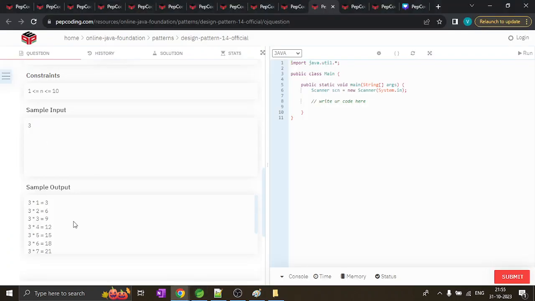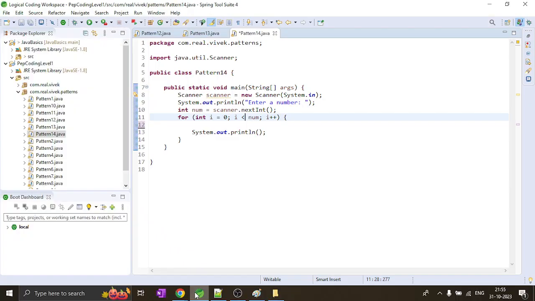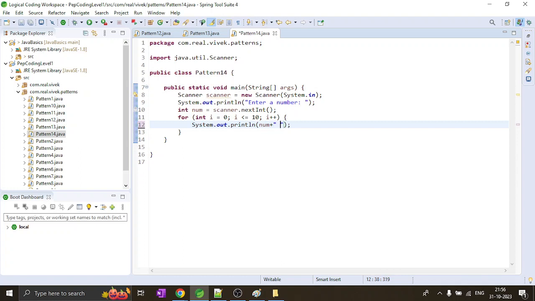So we'll have to print till 10, right? Less than equal to 10 then, right? And what do we have to do? We have to print the number which is num times